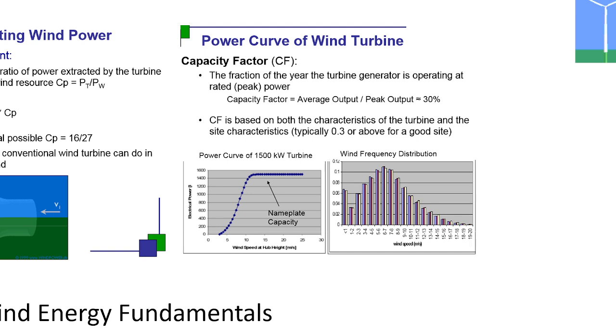If there is a grid outage or a breakdown, then you have to take that breakdown into account and calculate how much time the wind turbine was operating in what wind speed. Then take this power curve value and multiply it with the probability, the number of hours. Then it will come as 200 kilowatt hour